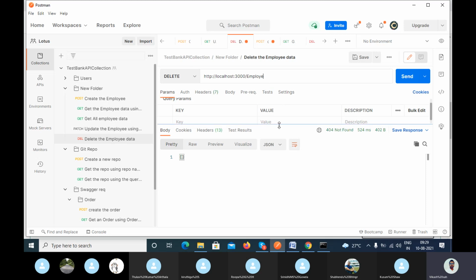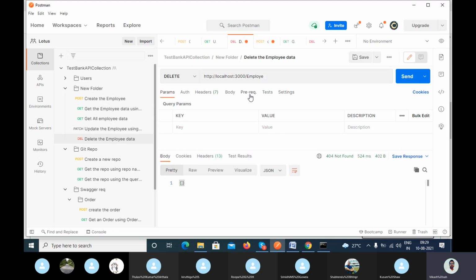If the request is not according to the requirement they have defined in their coding, if anything is not found, then they return an error. It totally depends on the coding, how the developer has designed it. If you want to look into that, you have to connect with the developer and look at the design.